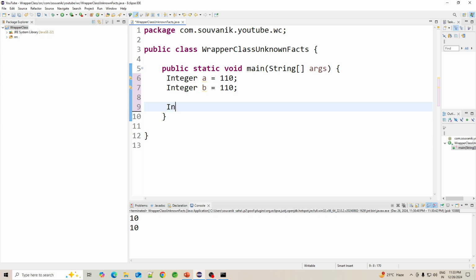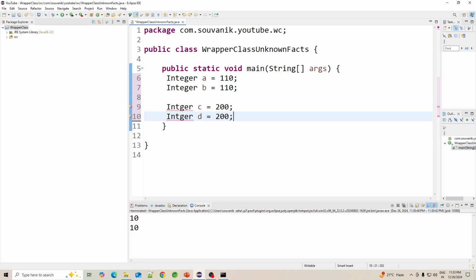And now I will define another pair, Integer c is equal to 200 and Integer d is equal to 200.